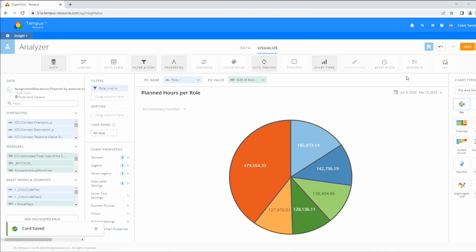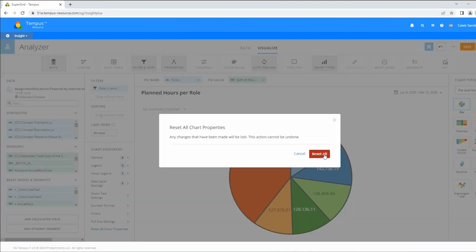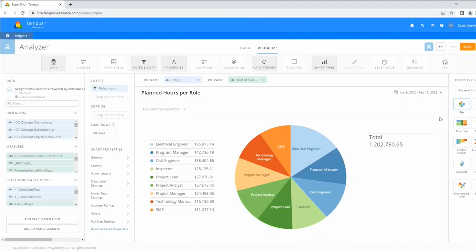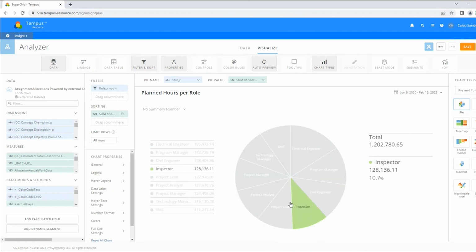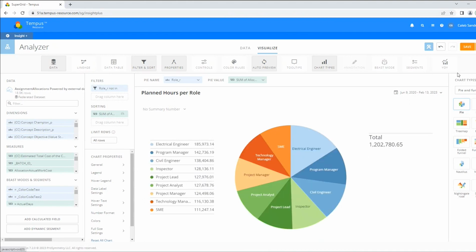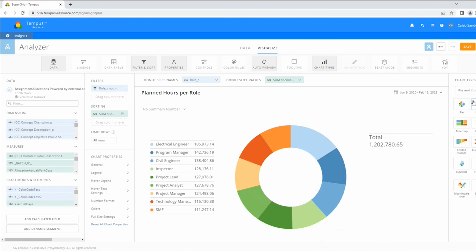There are a handful of other types of pie and funnel type charts that exist. Let me reset the chart properties with this button at the bottom. And let's sort this descending by sum. And what you can see is that this is smaller and smaller the further you go around the radial. Let's change to a donut chart. And you can see